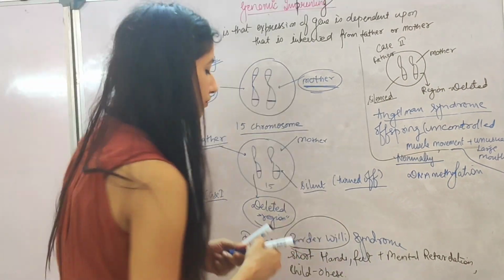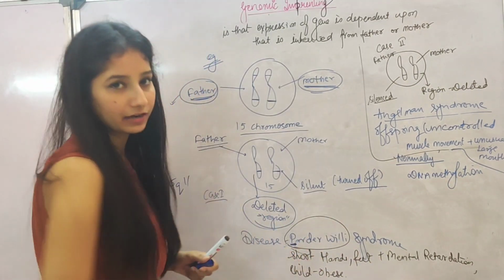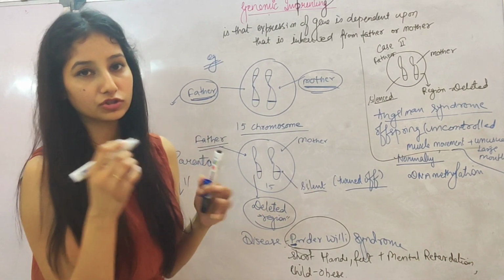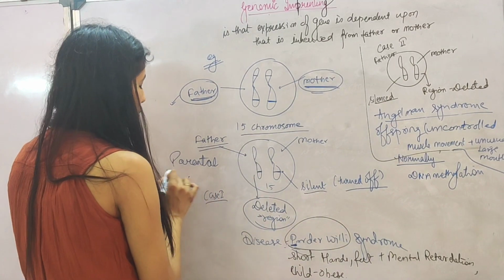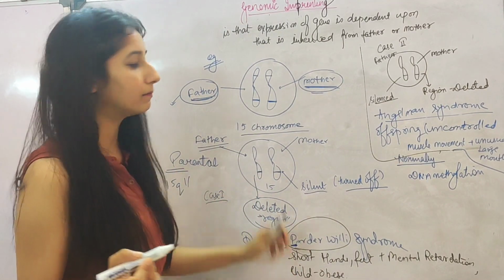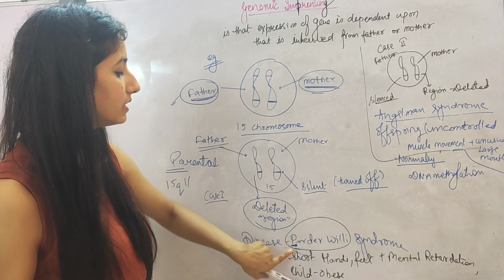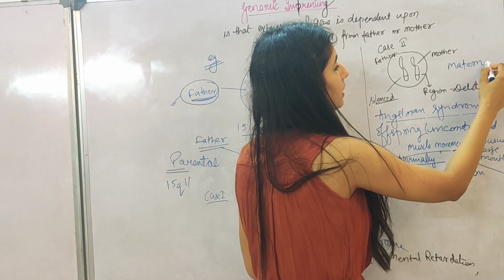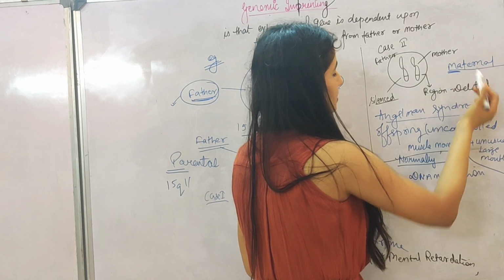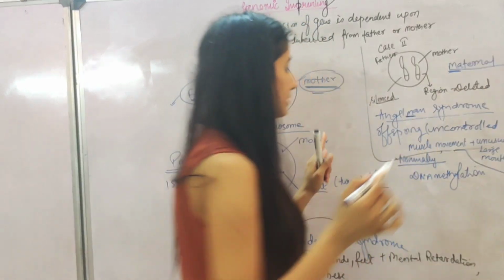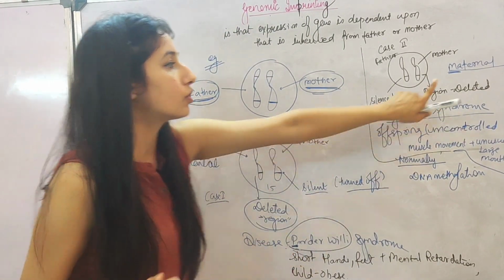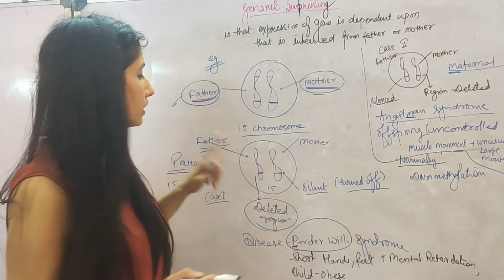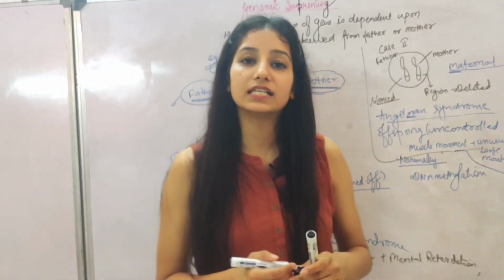Plus, if you are unable to remember which disease is caused by deletion of which chromosome, there is a simple trick for that. From P it's Prader and from P it's parental. Parental means the chromosome that is inherited from the father's side. So from P and P you can remember that if the deletion of the father's chromosome occurs, then Prader-Willi disease will occur. And here there is maternal. Mother means maternal. Only in Angelman is there an M, and in Prader there is no M. So if a maternal deletion occurs, Angelman syndrome will occur, and if Prader-Willi is occurring, that means the father's gene is deleted.